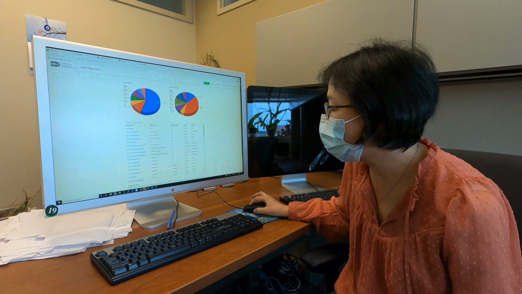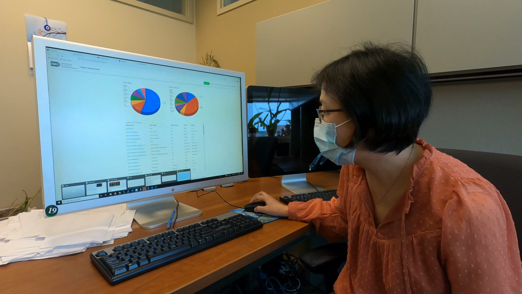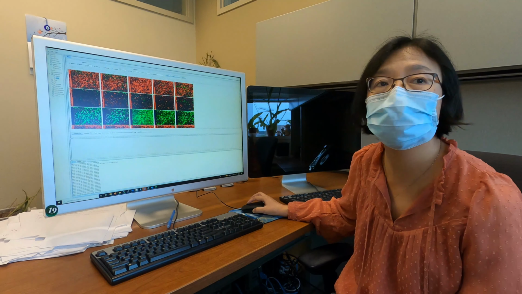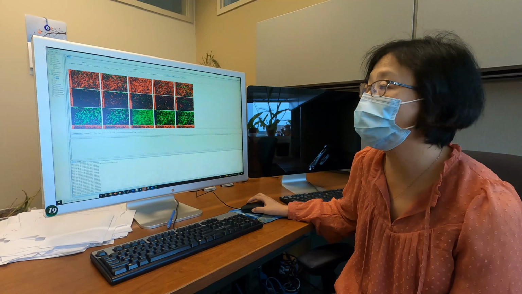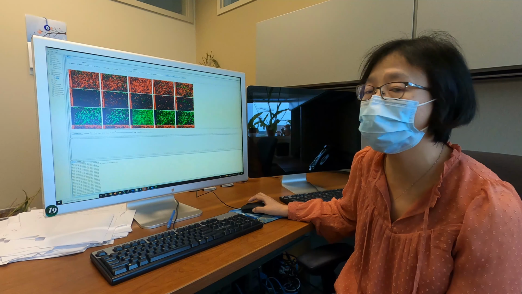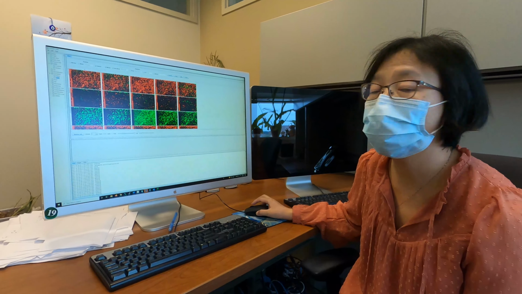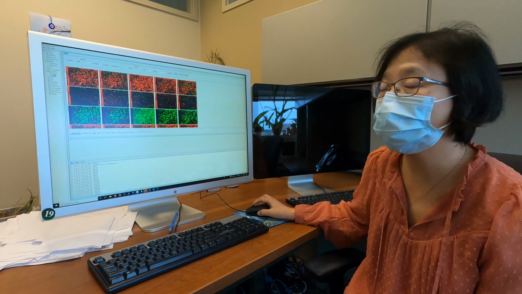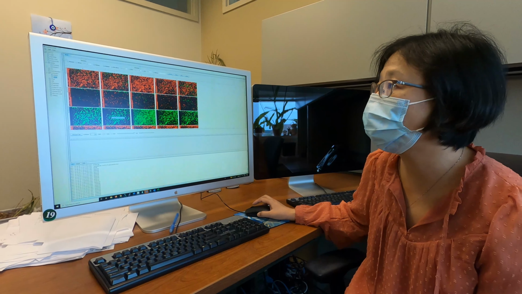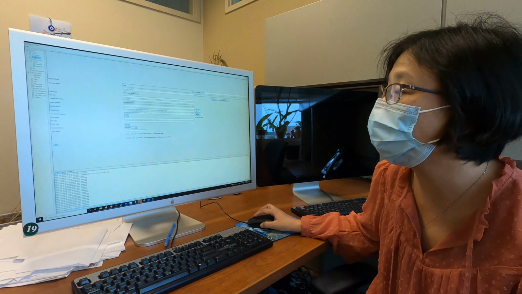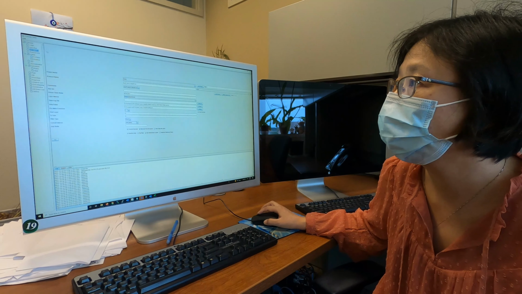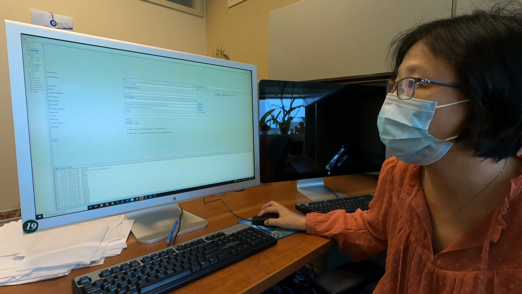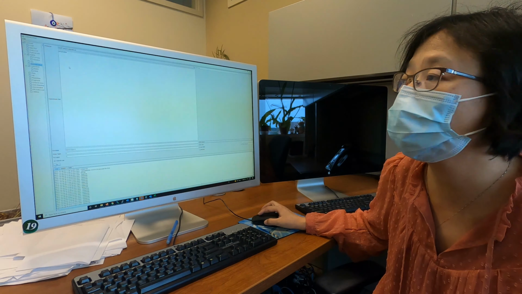So we start with a set of Java clients. This one is called the console client. This one is used to load in the high throughput screening data that come off the robot. So here there's a data loading tab, and also we have a data normalization tab.